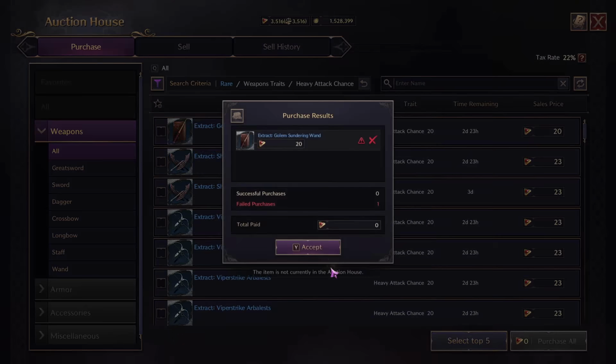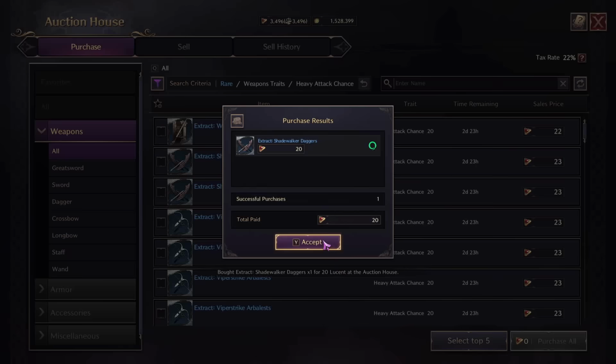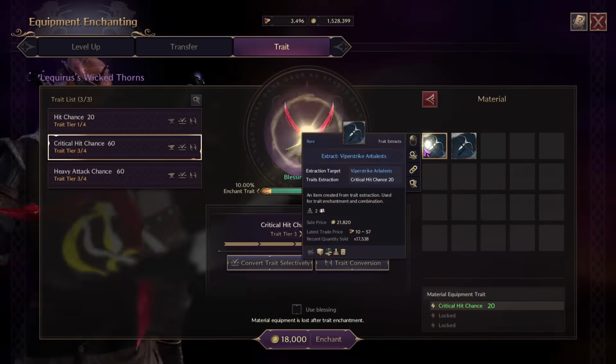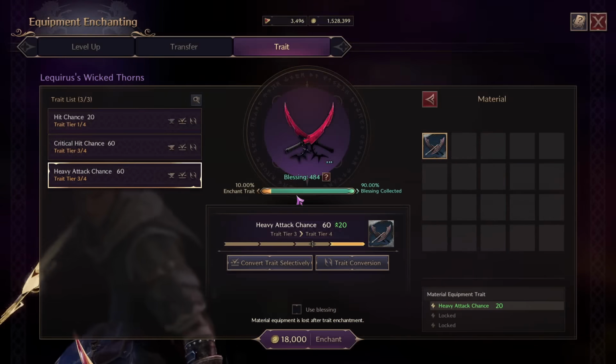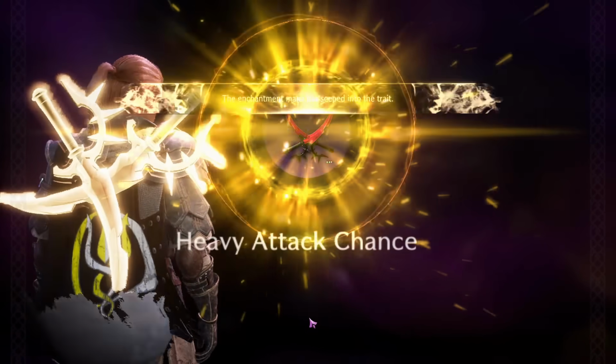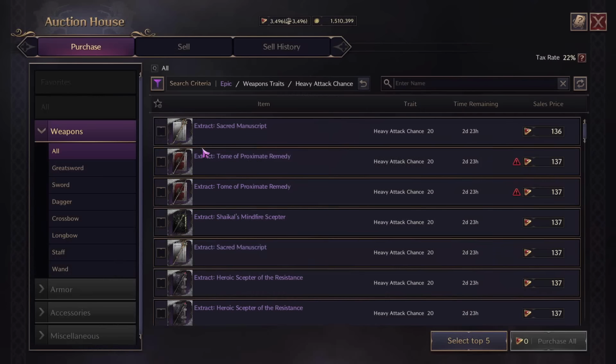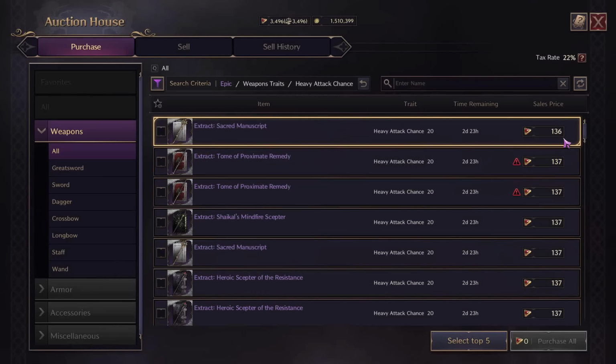So 20 Lucent there. Somebody already bought it. Maybe this one, 20 Lucent. Yes, we got that one. Go to equipment enchanting, and now we will upgrade this heavy attack chance and we will use the blessings. So it's a 100% chance, and we save ourselves quite a bit of Lucent versus having had to pay 136